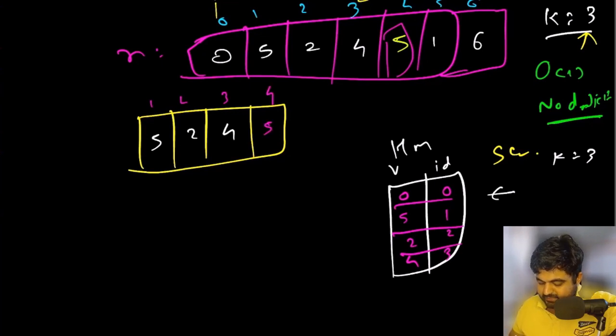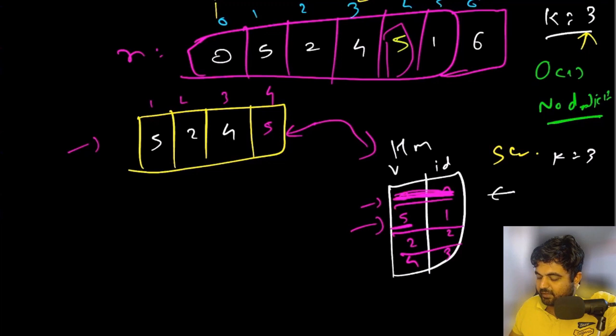At the same time, since we got rid of the first index value, we are going to also get rid of that inside our hash map. So we are going to get rid of the first entry, and currently we have 3 entries. Again we will try to check whether 5 exists or not. So we will try to input 5 inside our hash map, but we would be able to immediately find that 5 is already present as a value inside our hash map, and immediately we can return true, saying that this contains a duplicate inside a k window.